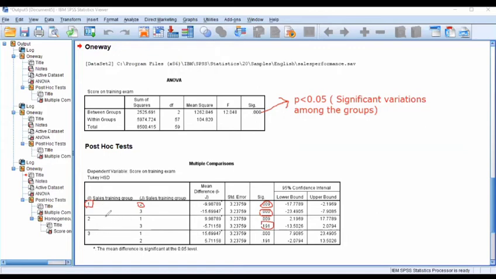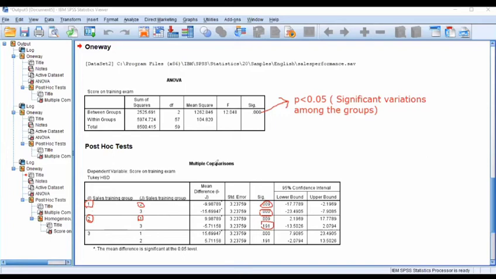Right. Then there is no significant impact when we compare the performance of the 2 days with 3 days of training program. But yes, there is a significant variation when we compare the sales training group with 2 days of training program with 1 day of training program.